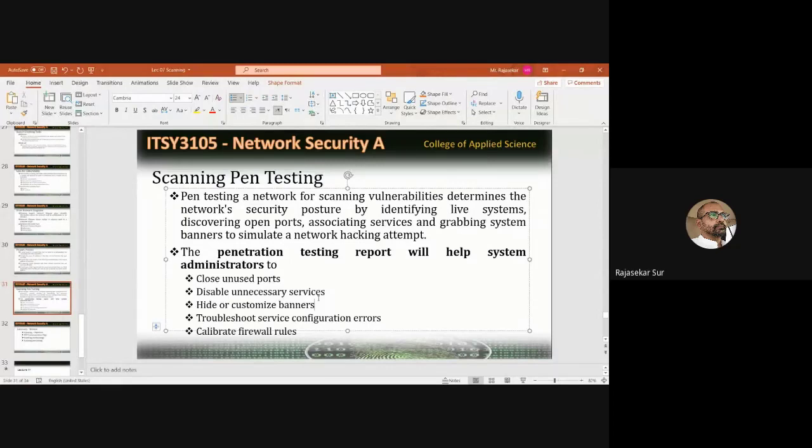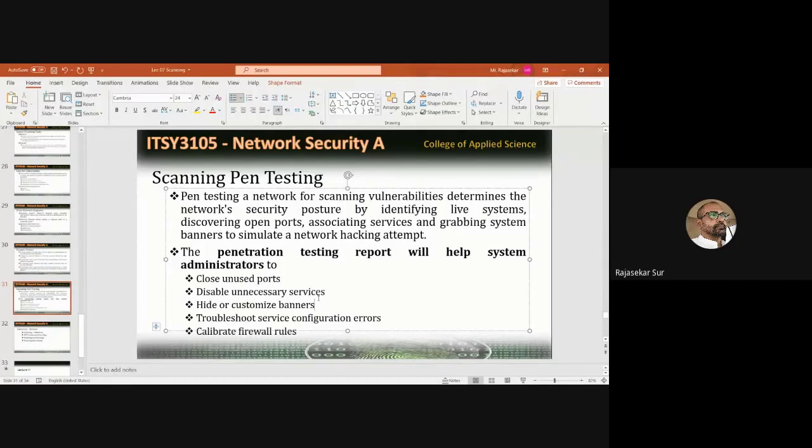What I want to convey today is, try to get some additional certificates. There are plenty of certifications available. Today I talk about two important certifications.